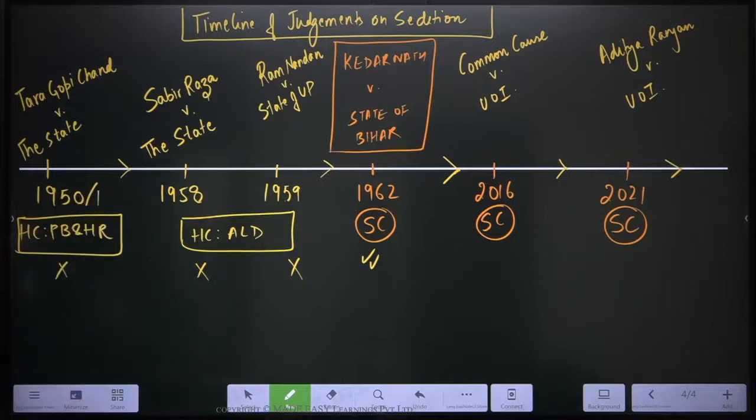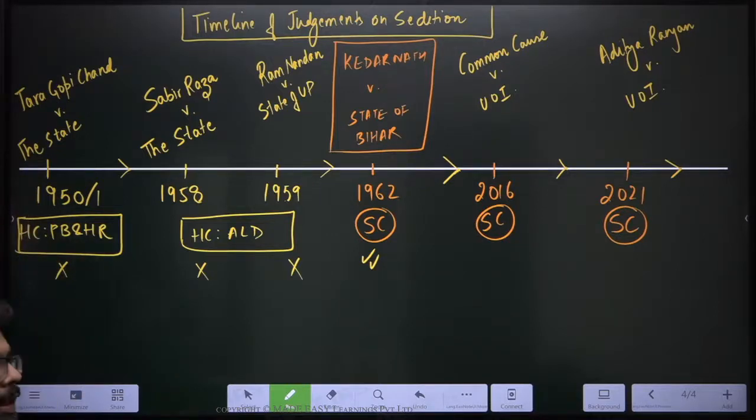(1950/51) because the judgment was reported in 1951. So both the years are correct. All right. In 1950/51,